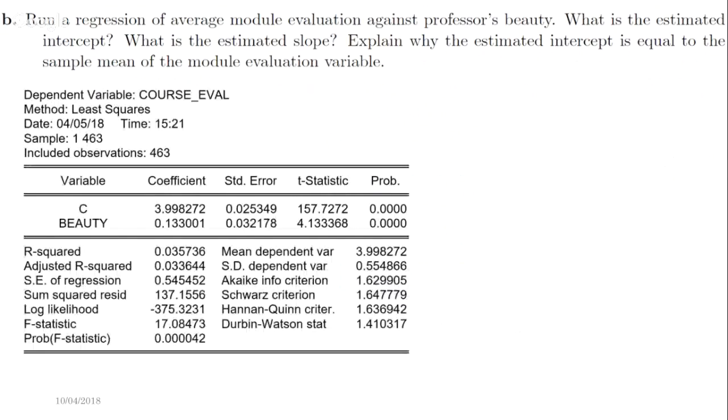So let's run a regression, course evaluation on beauty, nothing else. Okay, so what do you see here? R square is quite low, 3.6%. It's not a very good model, but it just,